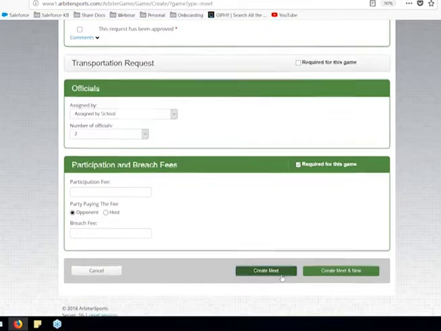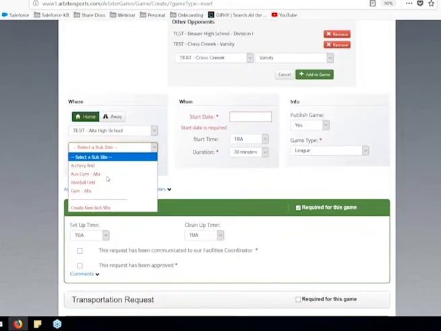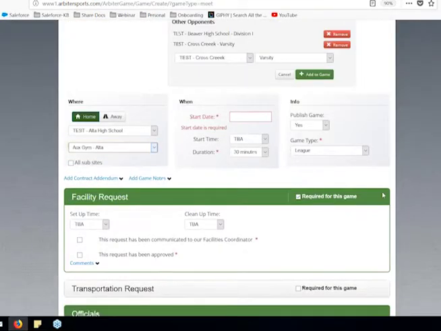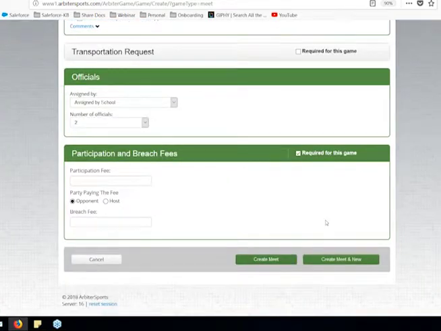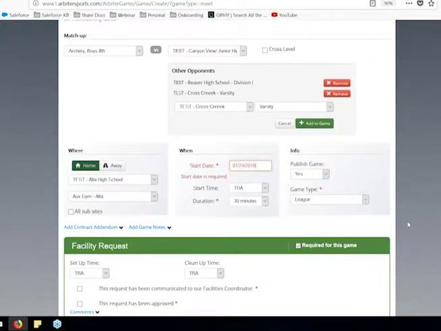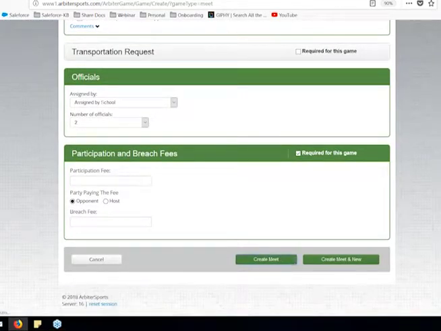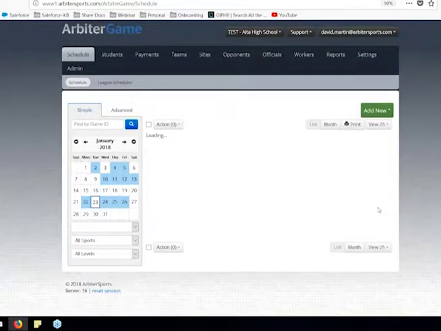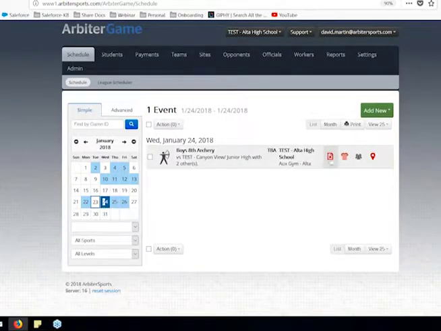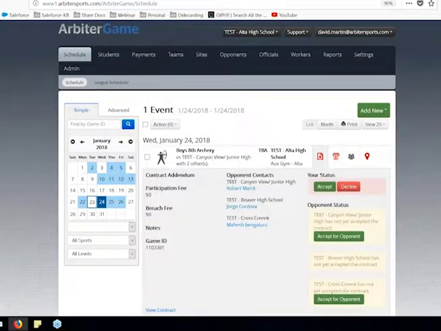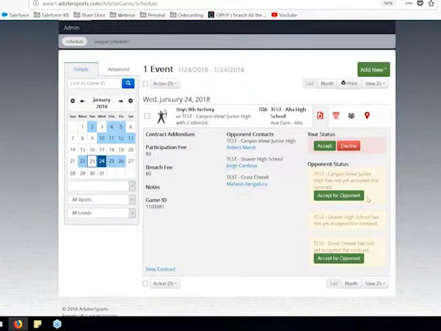So here we are, here's our meet, and you'll actually see the different opportunities. As you see, red means we need to do something. This is a great example of a situation where an opponent may allow me to accept their contract, but then somewhere where we're not able to accept the contracts. So if I hit accept here, and then I can look underneath the officials. I've said that the school is going to be applying the officials, which would be in our officials tab. We would have to have these people. So then we would go right ahead and we would assign these officials.